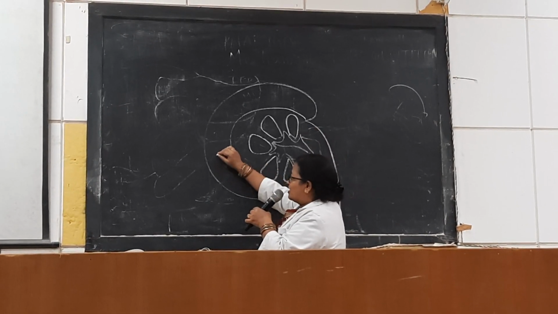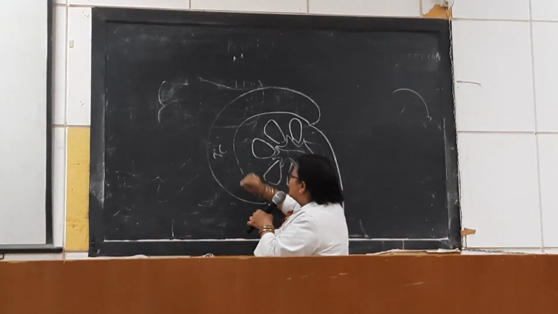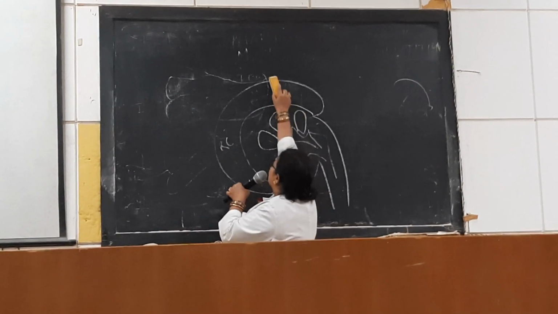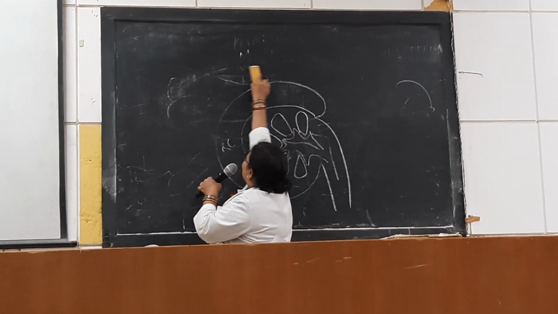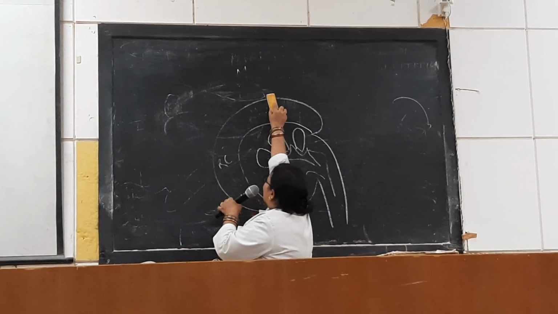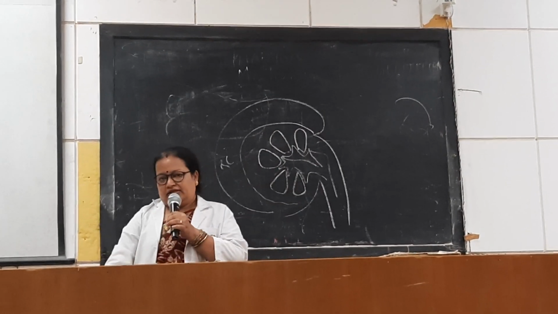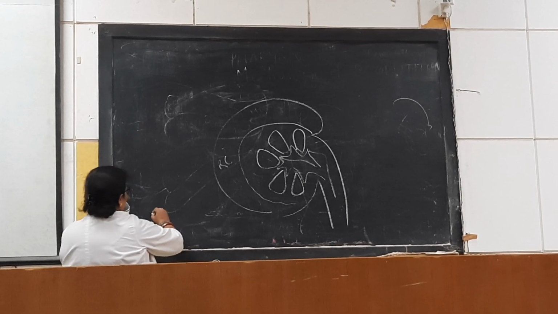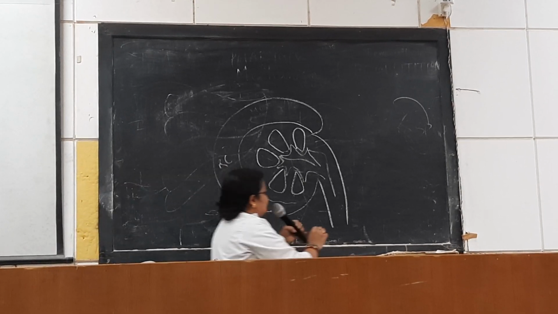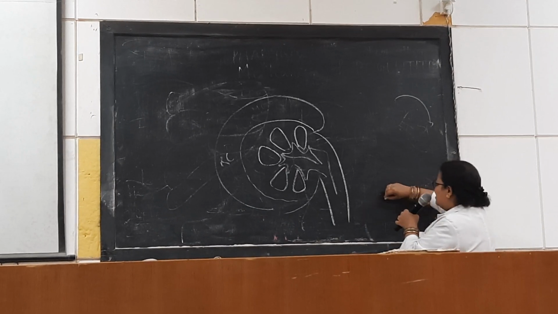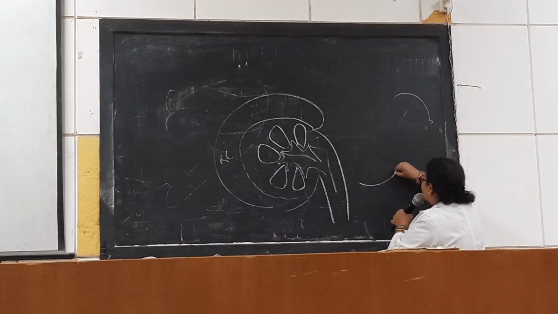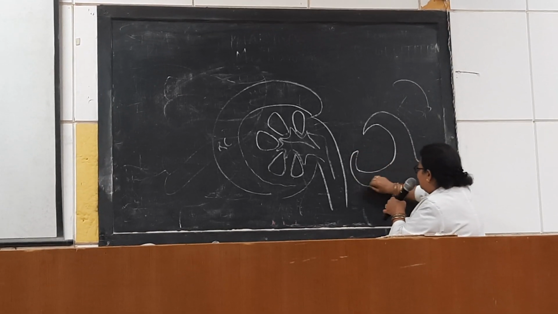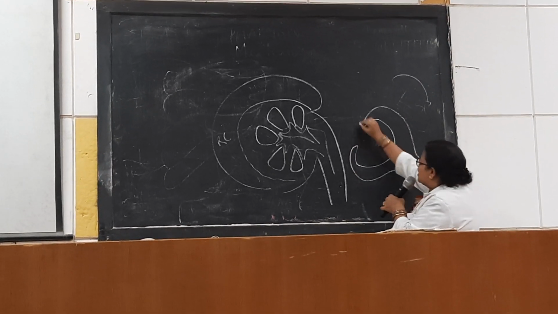So the renal cortex mostly consists of the renal corpuscles. Each renal corpuscle consists of a cup-shaped blind end, which consists of a tuft of glomerulus, a tuft of capillaries. What is a renal capsule? It is a cup-shaped blind space which consists of